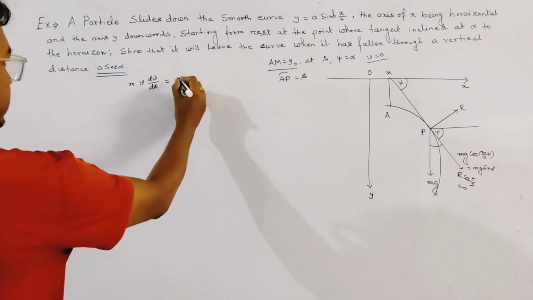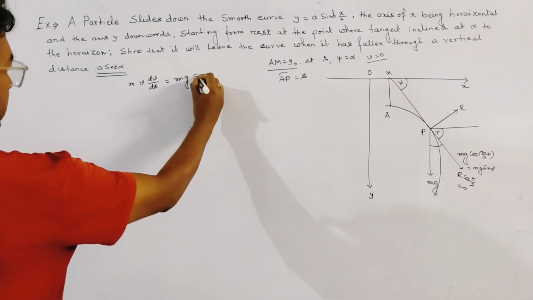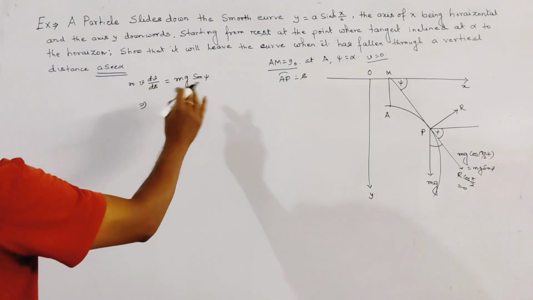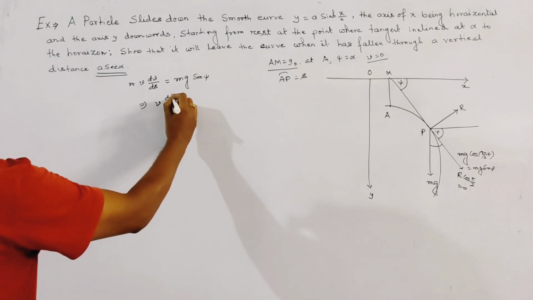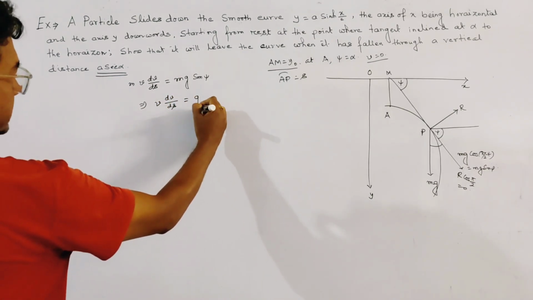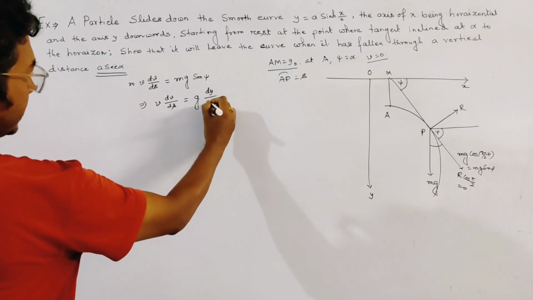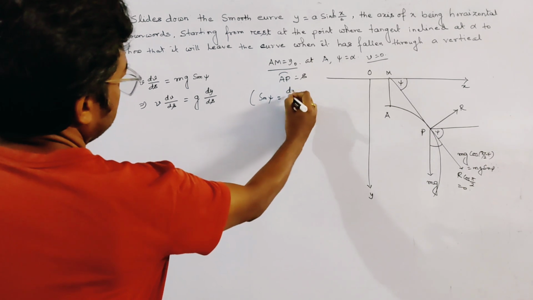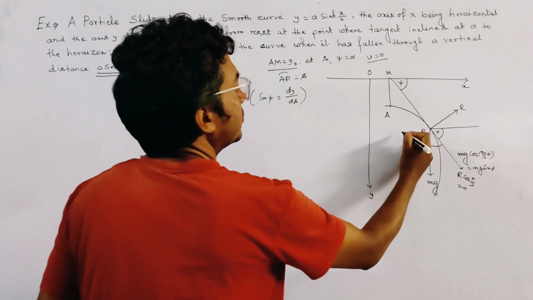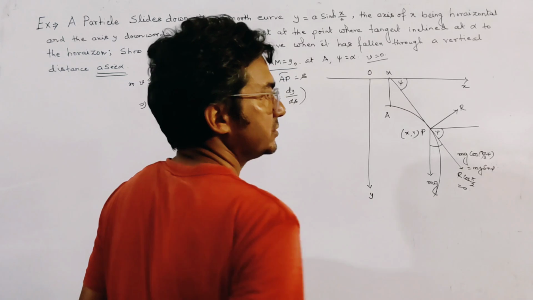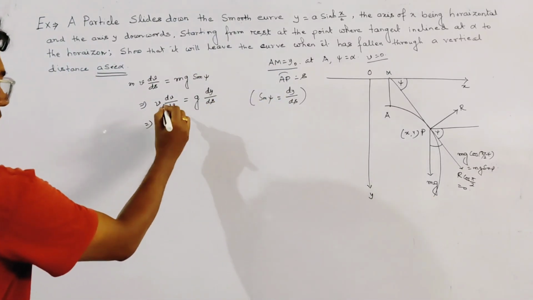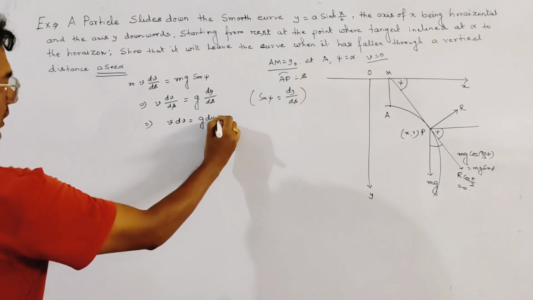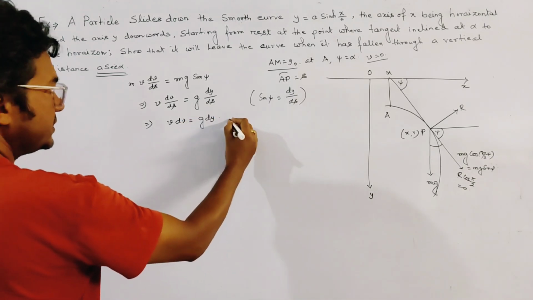So the right side is mg sin psi, and we cancel m from both sides: v dv/ds is equal to g dy/ds, since we know that sin psi is equal to dy/ds, and the coordinate of the point P is (x, y). So we get v dv equal to g dy, and integrating this relation